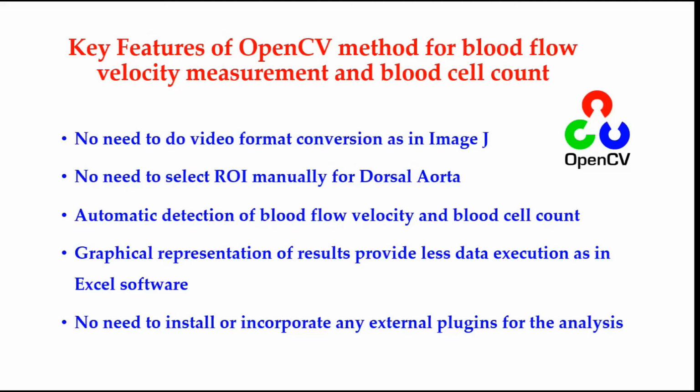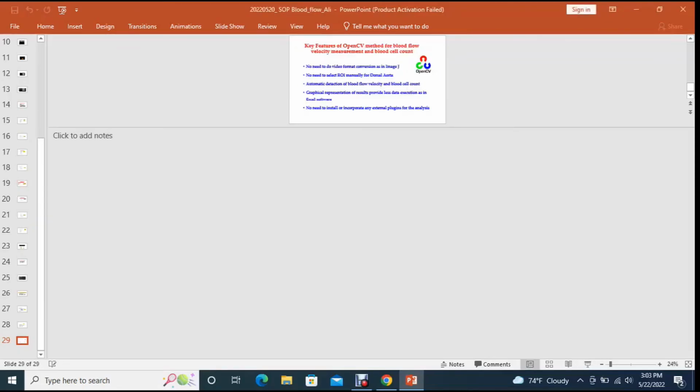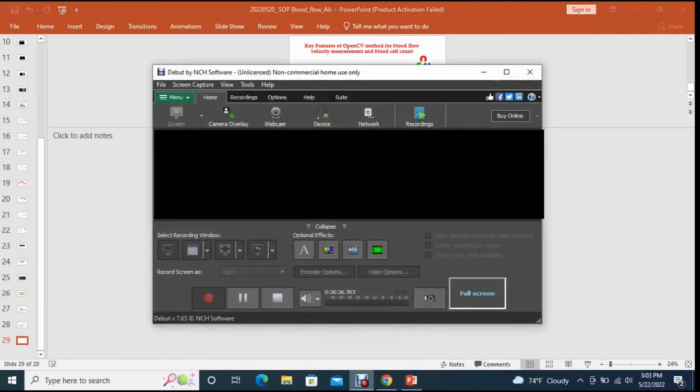Then the input path describes the video to be used for this calculation, and the calculation must be stored in a specific output path, which in our case is the oscillation, along with the information saved on the basis of specificity. And then the key feature of this program is the blood flow velocity measurement. Simply, you do not need to